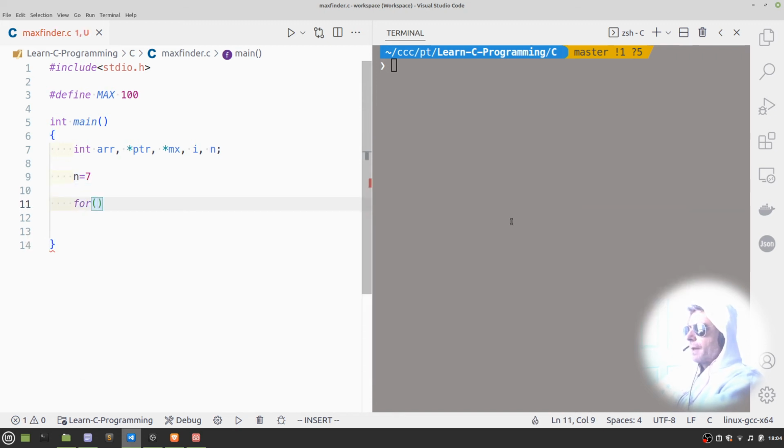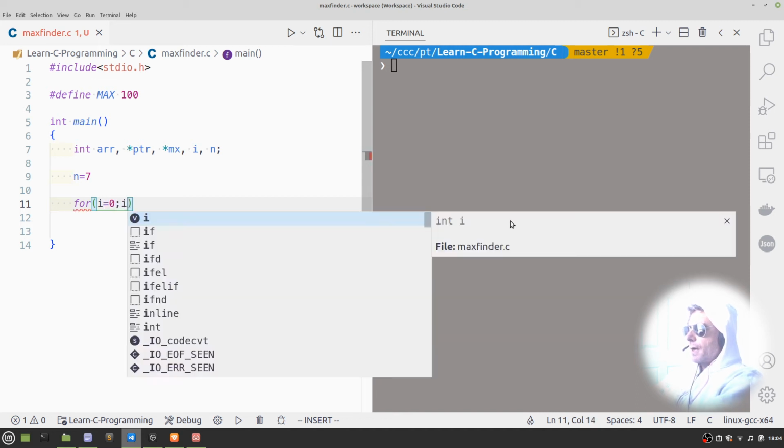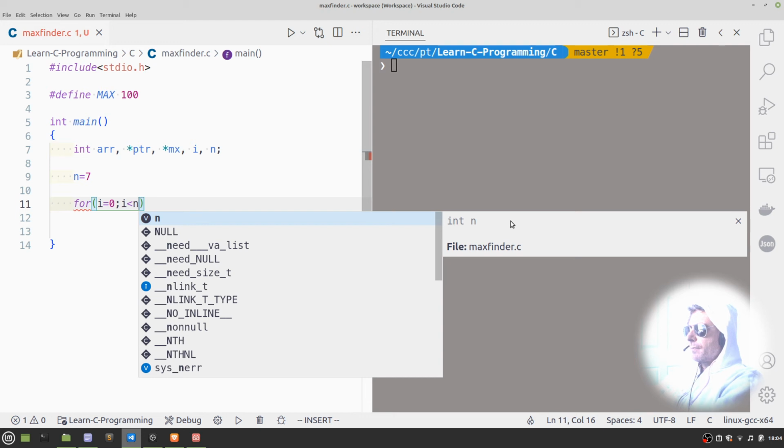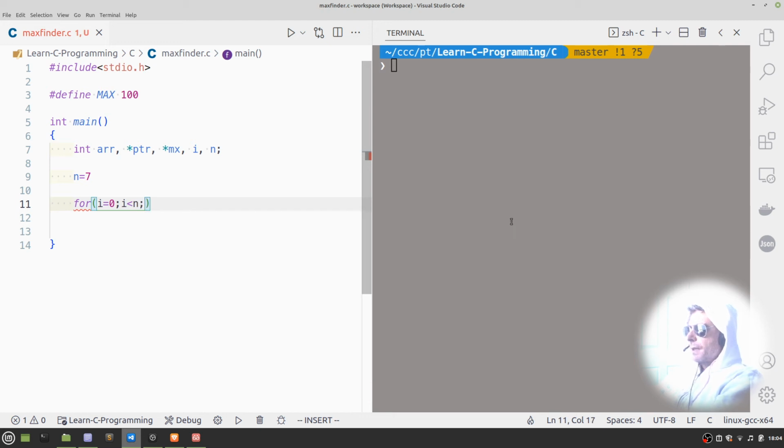For I equals 0 to I is less than 7, n equals 7. Just I plus plus. So it's going to increment the counter, and I'm curly braces,